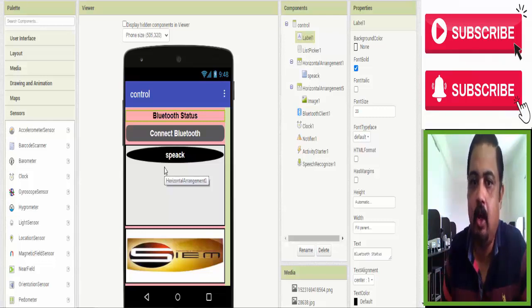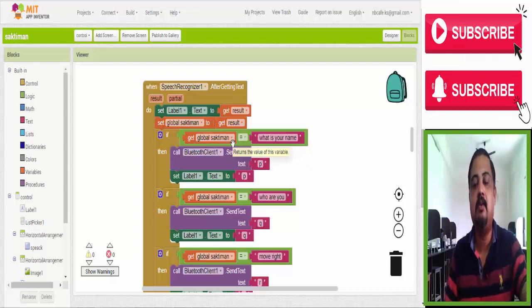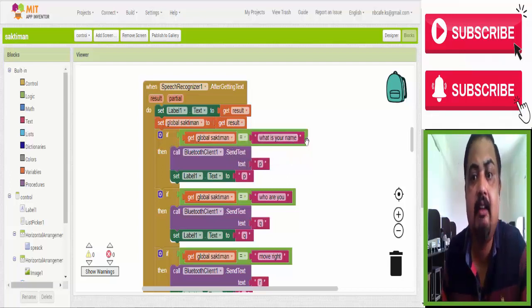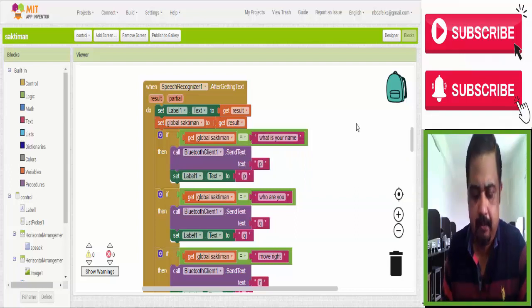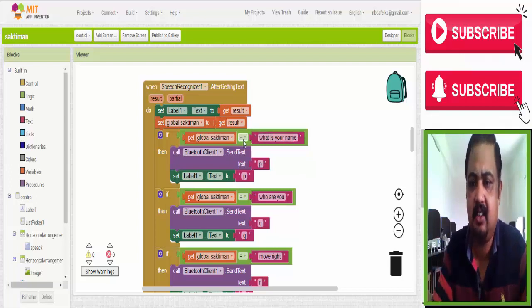So again we go to the blocks. See, set label to get result. Now set global Shaktiman to get result. That means whatever conversion is done, we save it to a global register, or global variable, you may say. Now we match, we give a condition. If global Shaktiman, the variable or register, is equal to "what is your name", so you can ask our robot what is your name, and it can reply. How? If it matched,